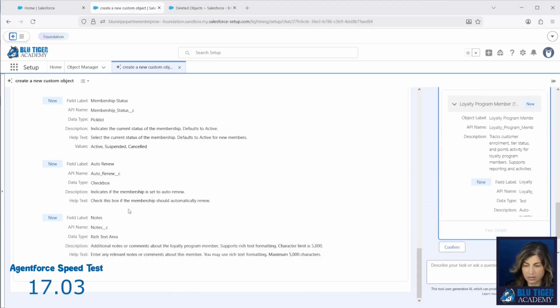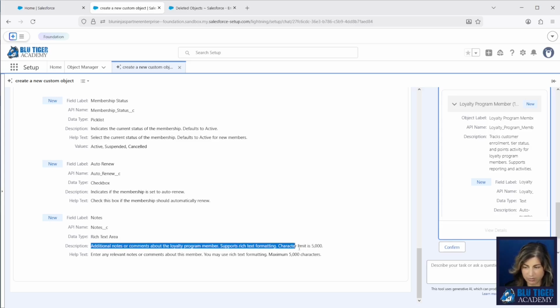Okay, we can see here that our notes field did automatically update to a rich text area, which is great, but we have no idea if it's really going to be only 5,000 characters. It did add that information into the help text and the description. Now let's add a value